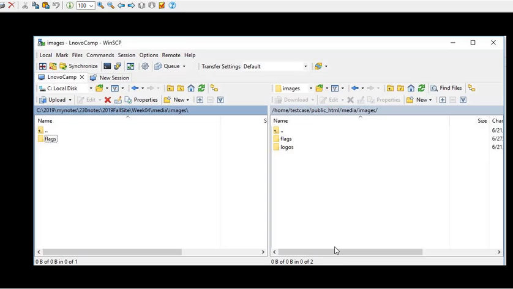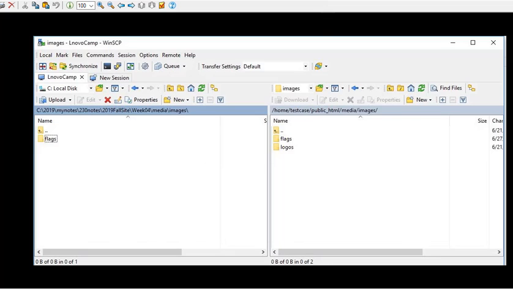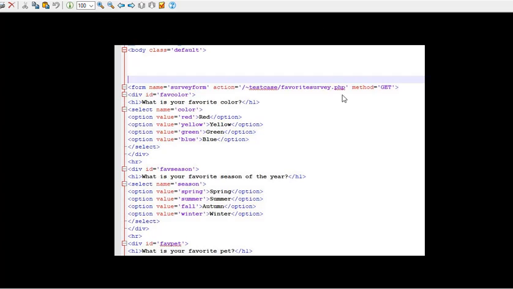We're going to make a multi-language survey. And the first thing we're going to do is put our flags folder inside the media images folder. We've got a few flags there, and we just need to set them there. Now, we've already got the HTML created for the favorite survey, but we're going to take